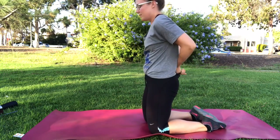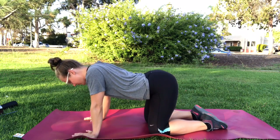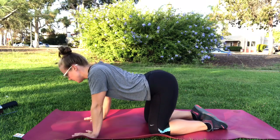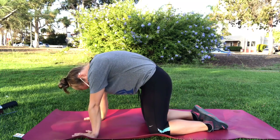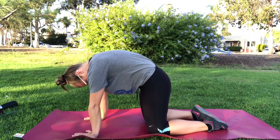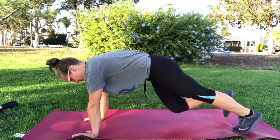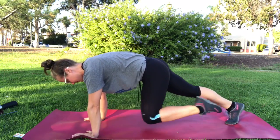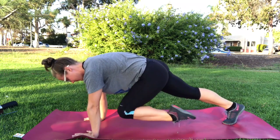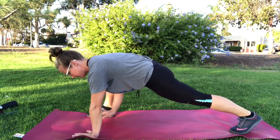Next, we are going to perform some cat-cows. We say that this lubricates the spine, and you're thinking about the end ranges of motion of your shoulder blades and pelvis. So really lengthening our spine. Don't have to move the head too much, just as much as feels good for you. And then slow mountain climbers. This engaging movement I love because we're firing everything, focusing on our breathing,